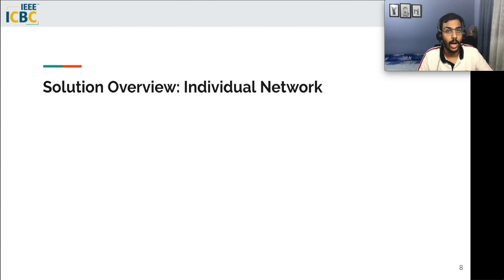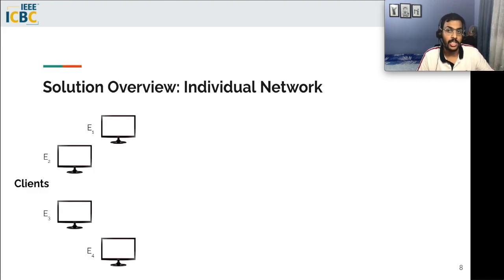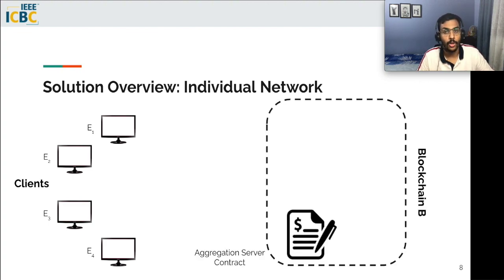Now let us look at how an individual network looks like in our system. A set of enterprises will act as FL clients that maintain their own local data and will train the DL model. The clients are connected to a blockchain platform and fetch the latest version of the global model from the blockchain to train. These local models are then forwarded to the blockchain and the aggregation server contract is triggered to aggregate the local models.